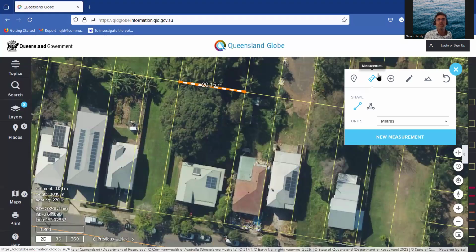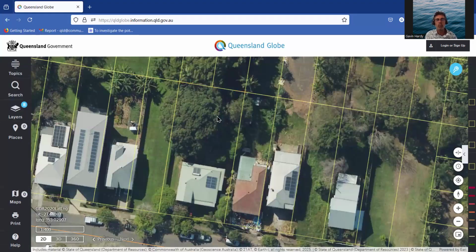It's about 20 meters, and that's accurate enough for our purposes in a permaculture design course. So there you go, there you have it. That's how we can pick up some basic dimensions for our property boundaries for a suburban property. Okay, so what if you've got a rural property where you don't have property boundaries, or